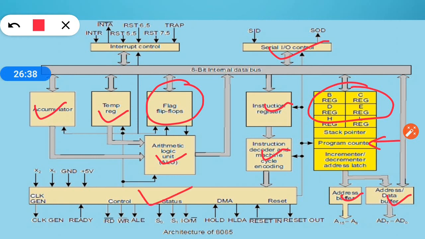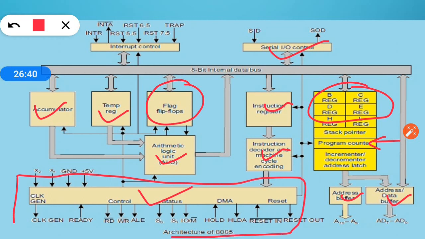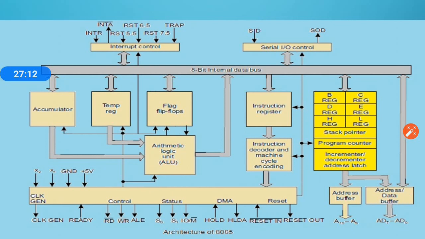The timing and control unit provides timing and control signals to all the internal circuits of the processor, as well as to the external circuits of devices which we have connected to the processor. That means it monitors all the operations of the different blocks by providing timing and control signals to all the blocks. That means reading, writing from external devices, providing data, or which type of operation we have to perform is decided by the timing and control unit.